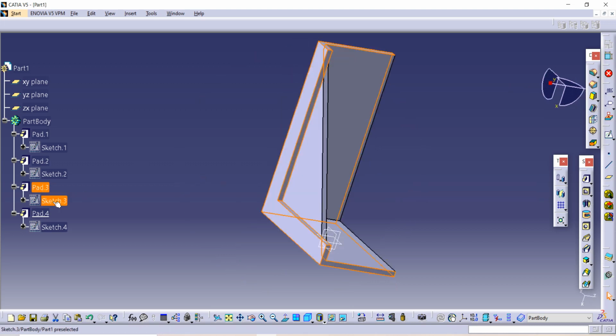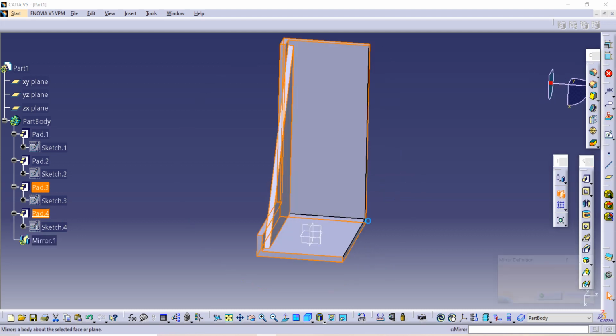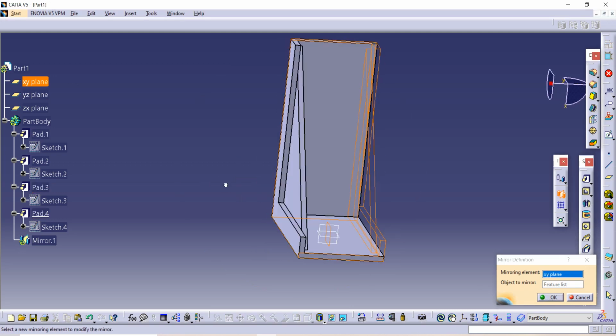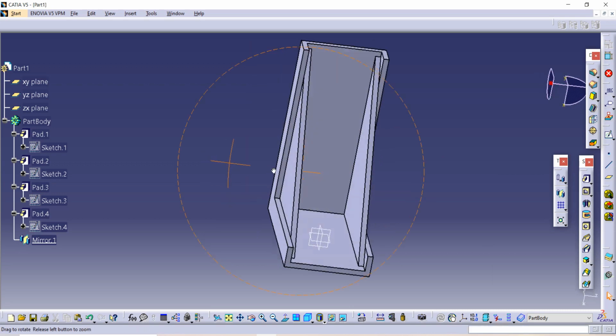Use this pad and this pad. We have selected these two pads, and we will use this Mirror command on this plane and then click on OK. This is how our half part is ready.